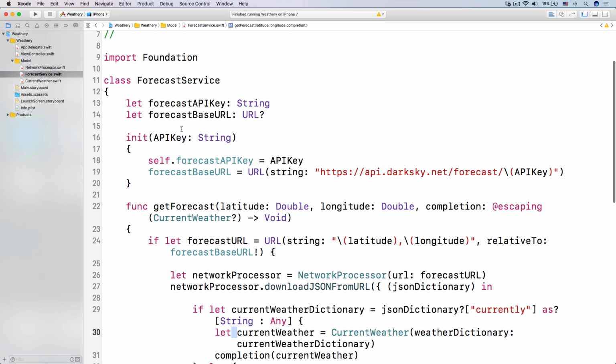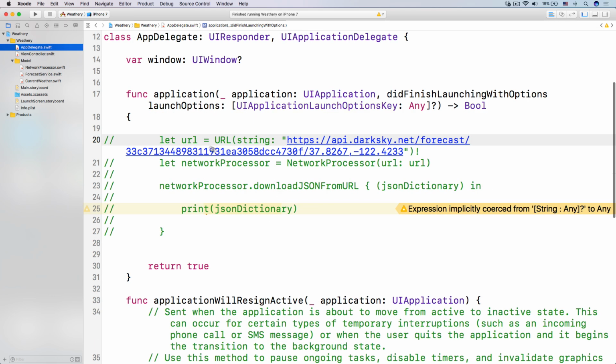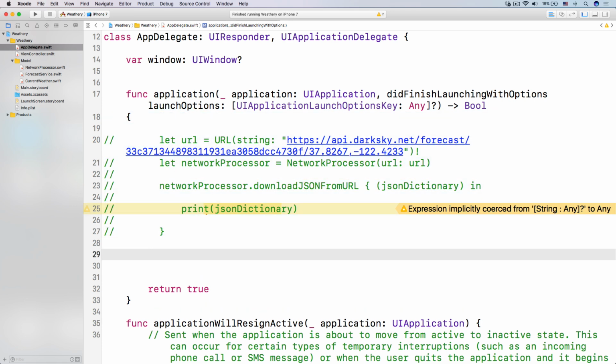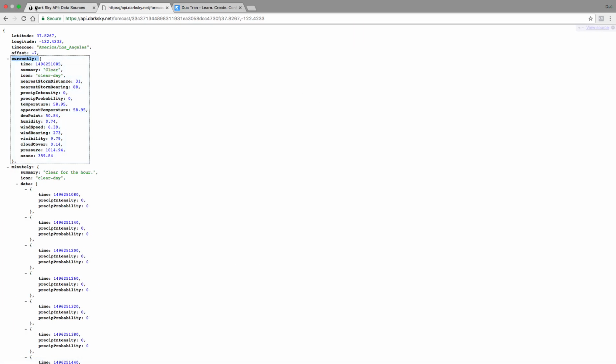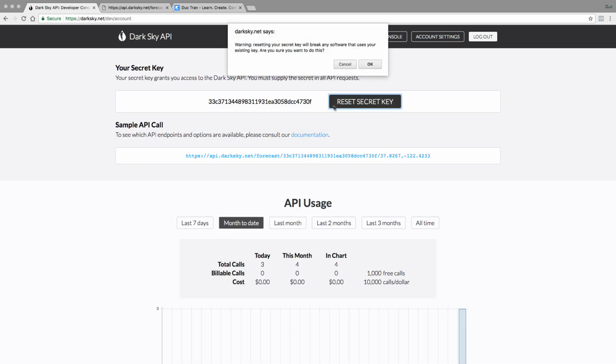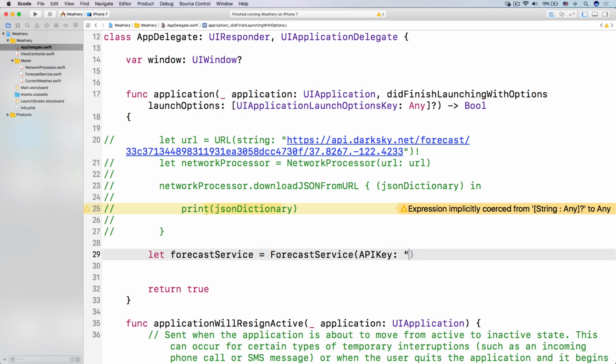Last thing to do in this section is we have to test out this forecast service, right? So let's test it out. Inside our app delegate again, we'll not directly use this network processor. Let's use our forecast service. So let forecast service be a ForecastService like this with the API key. I'm going to use my API key. Don't use mine, use yours. I'm going to reset, copy this guy, and we have the string over here,